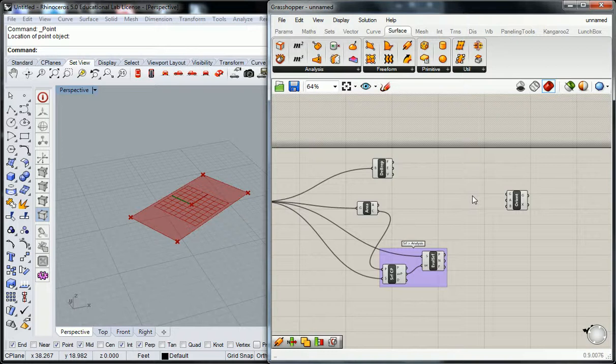Okay, so I'm trying to create a compound rotation now. So I'm trying to rotate it on one of its edges. So